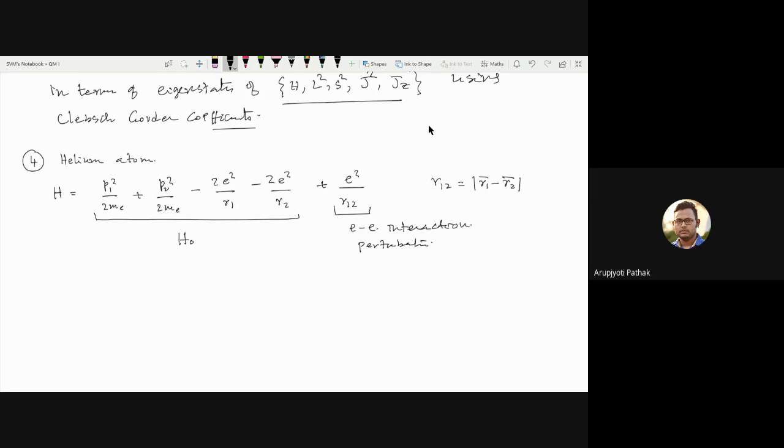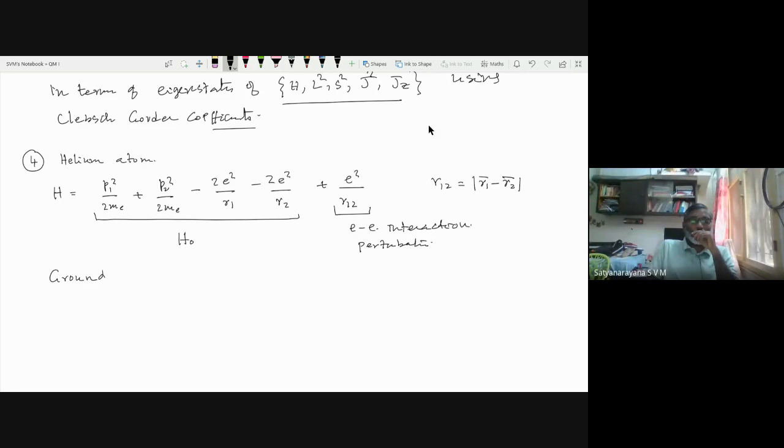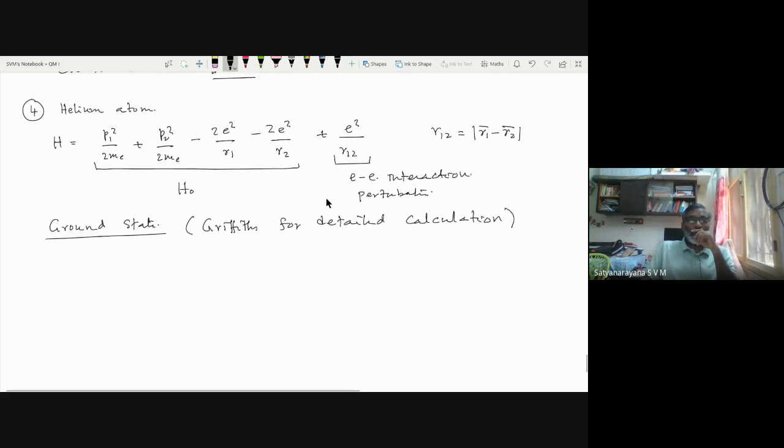So let us just concentrate on the ground state. Maybe I will not do the entire calculation here, and I would recommend you look at Griffiths for the detailed calculation. Maybe I will show you some trick of calculation which Griffiths is probably not showing, but let us look at the concept. So you know that for the hydrogen atom,